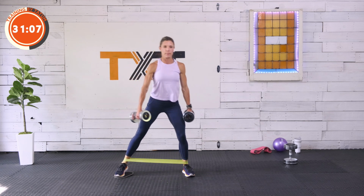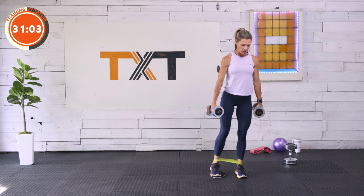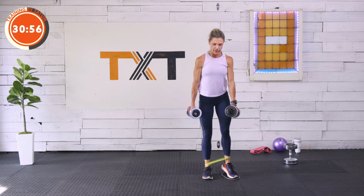Back to the other side, step out, draw in. 1, good. 2, good, push in and pull in. 3, good. The more pressure you put there, the more you'll feel the inner thigh working. 1,